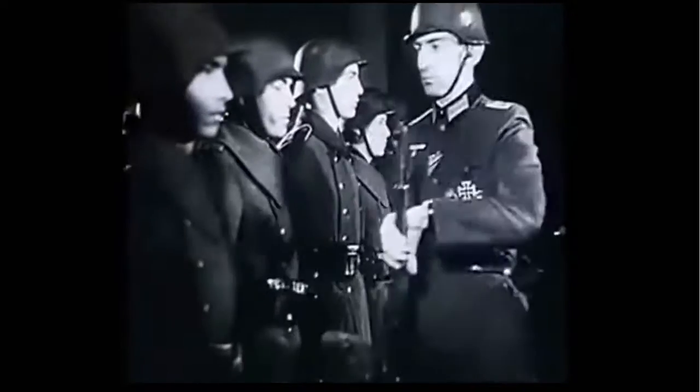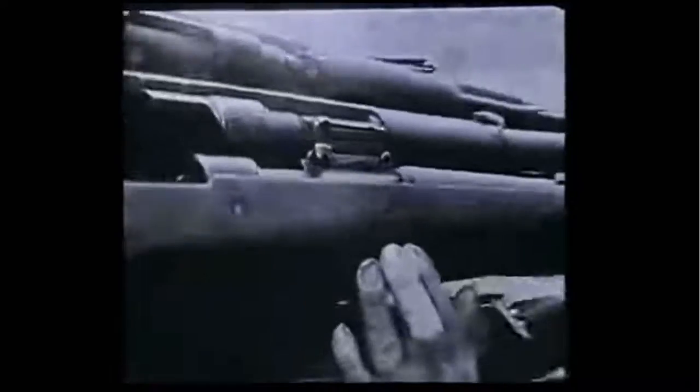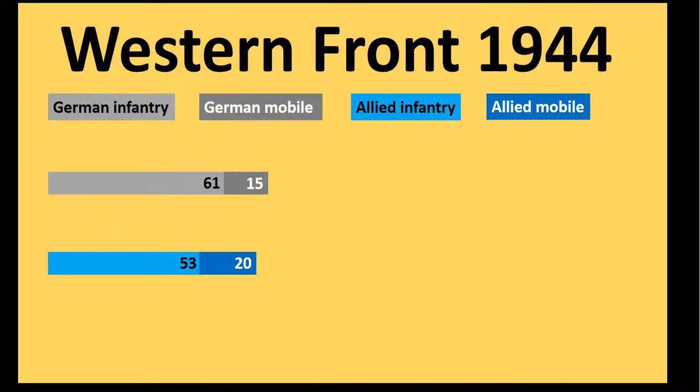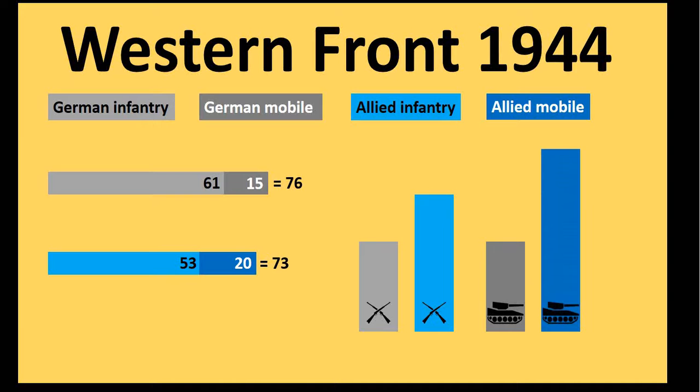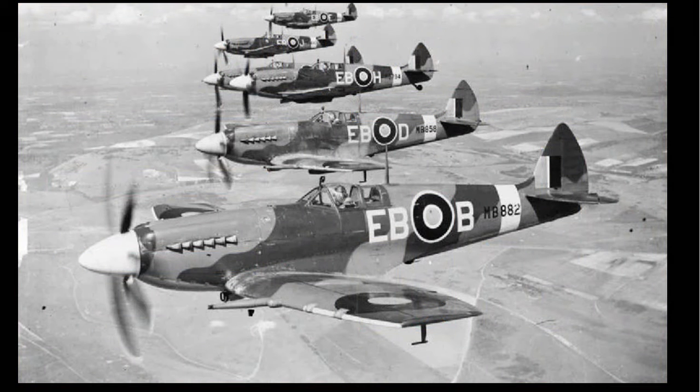The German army painstakingly built up a modest reserve, but even its best efforts were not enough to outnumber the Western Allies. The total number of divisions was slightly even, but in this stage of the war the average rifle strength of a German infantry division was 1/3 below that of an Allied division, and a German armored division had at best half the tank strength of an Allied armored division. This meant that the German army had no numerical advantage like in 1918 and had to solely rely on speed and surprise. Another advantage the Allies had was their complete air superiority, and this brings us to the third major